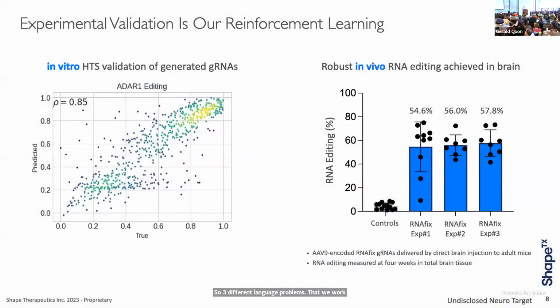And an advantage is that we can then take these generations and do in vitro validation for our quote unquote reinforcement learning, or in vivo validation, where we dose these into mice or non-human primates to show that they achieve what we would expect, the specific functional therapeutic editing of a disease mutation. Here we're doing one in Parkinson's that we're actually trying to bring into the clinic, and that works pretty well.